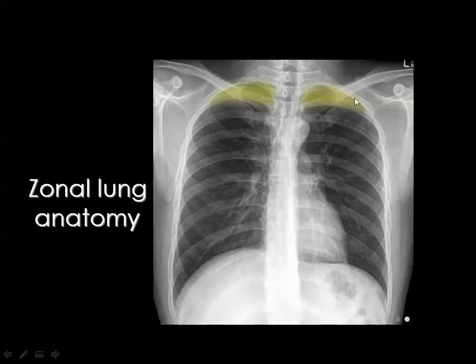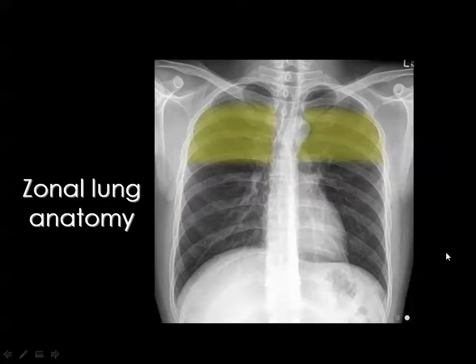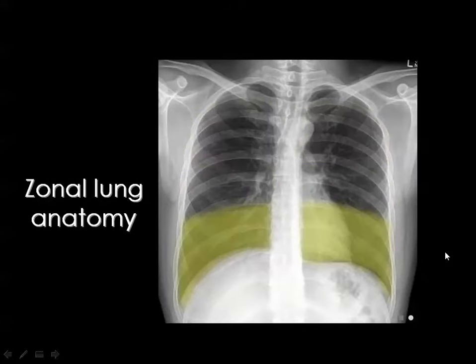The highest area in the lung is known as the lung apex, and the zone at the level of the hilum is known as the middle lung zone. The zone above it is the upper lung zone, and the one below it is known as the lower lung zone. Then if you have a lesion here, you say this is left middle lung zone, or here you say this is the right lung apex, or here you say this is a right lower